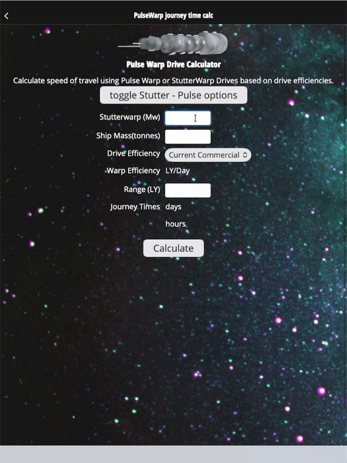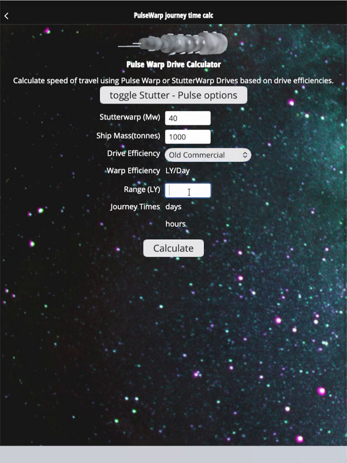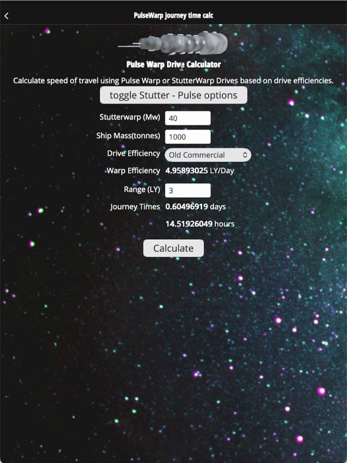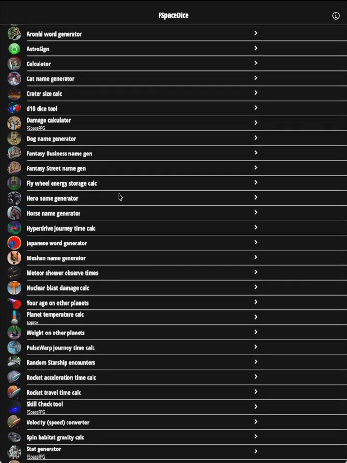And obviously stutter warp, which is, there are other people that do this kind of tool online, but it did the same thing. We originally did this for variety to support more than our own system, but it can be useful if you wanted to use the stutter warp concept in our game as well. So those are the key tools that would have helped us support star maps, type of